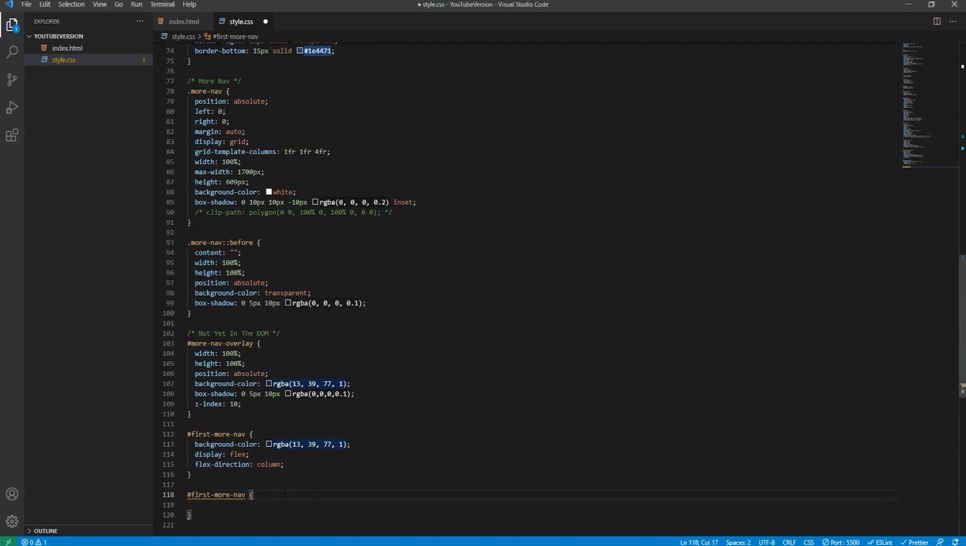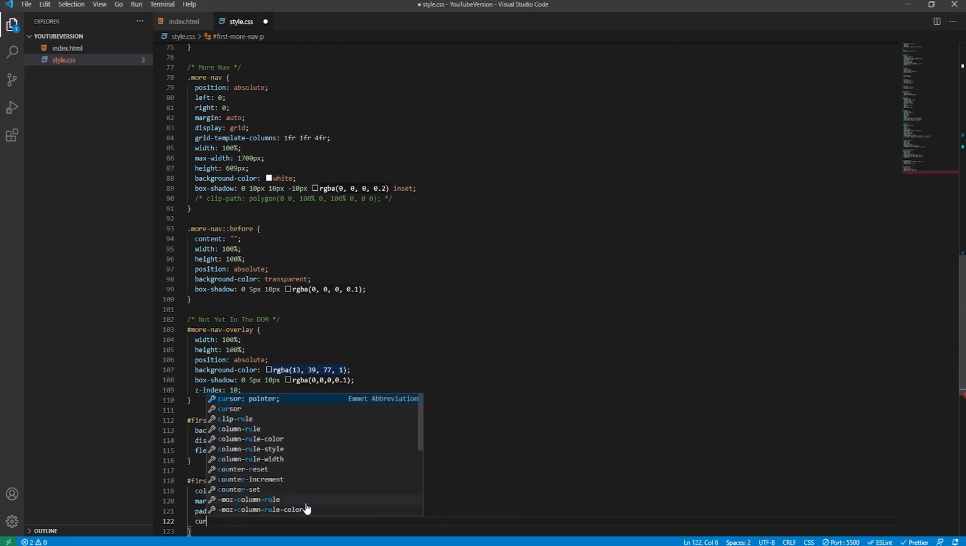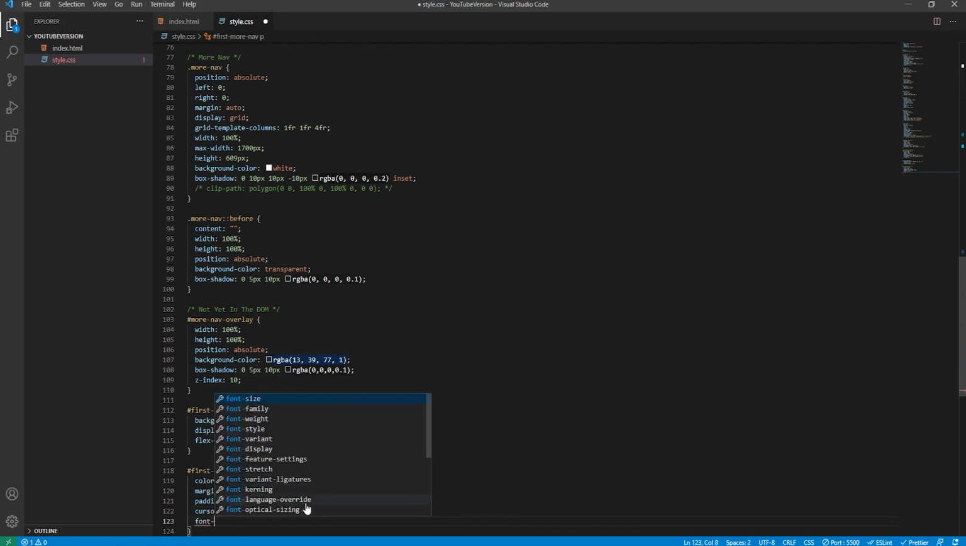Sorry, we need to actually specify that we're styling the paragraphs like so. Put space there. Color will be white. Margin left will be 20 pixels. Padding 20 pixels, 0, 20 pixels all around now. Cursor, the pointer. It's a visual indicator so that they can click on these options. And then font size